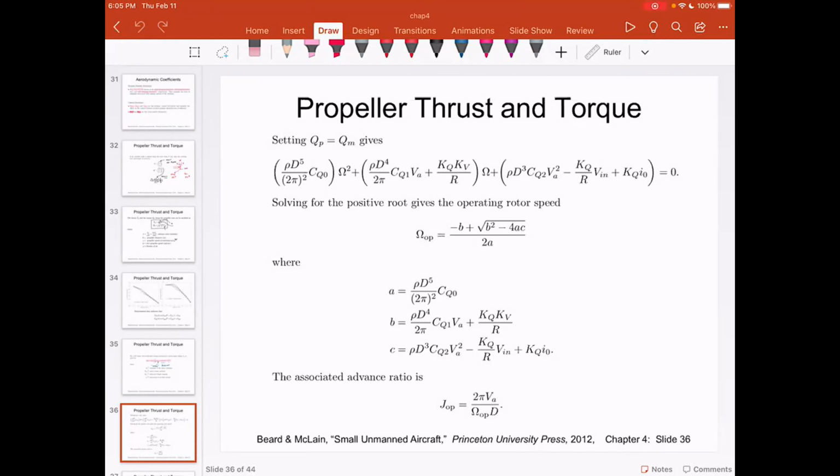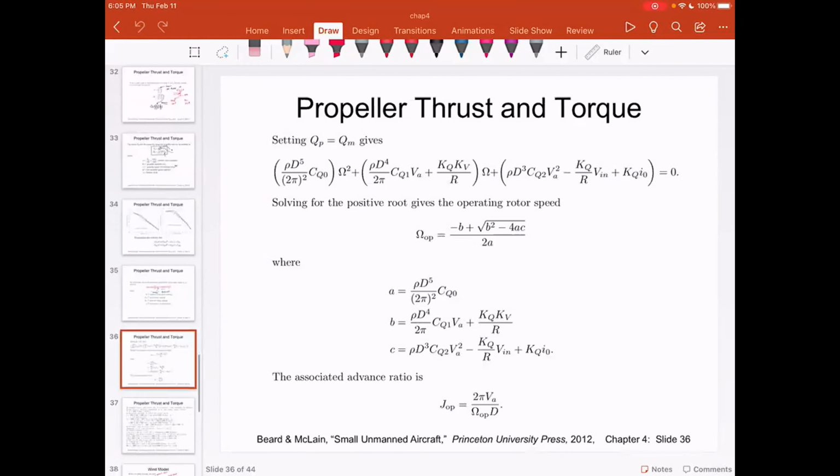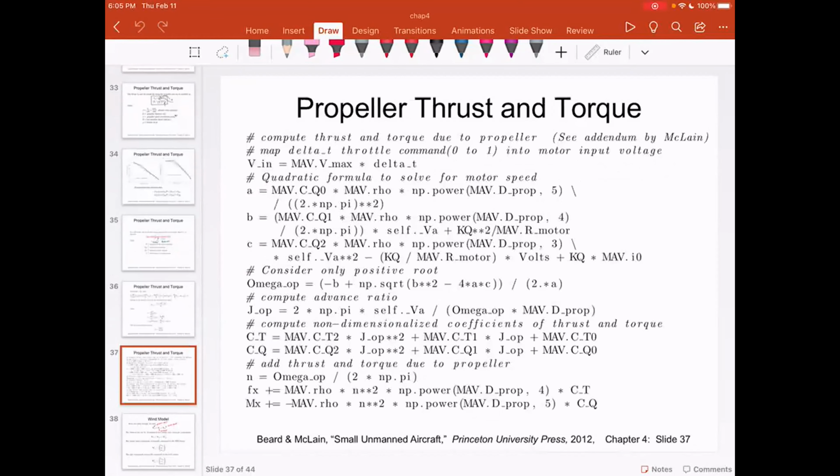And this is very useful when we actually look at the simulation. So essentially what we did here is we combined the motor torque equation and the equation for thrust and torque and came up with an equation that can be used. Next part is the Python implementation that I'm not going to look at in detail. But what I want to emphasize is, if you were to implement your simulation in Python,